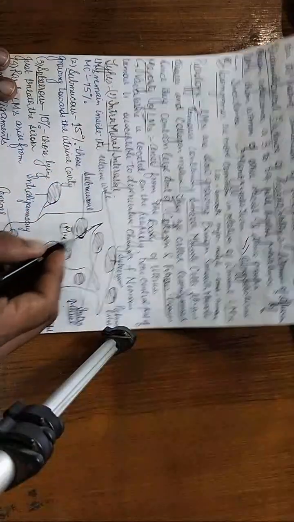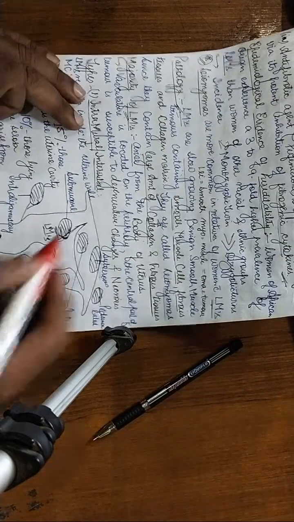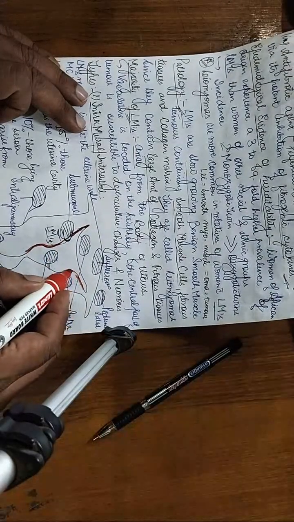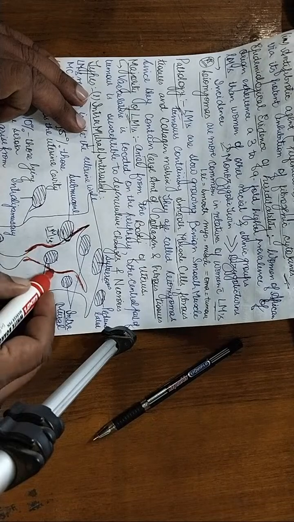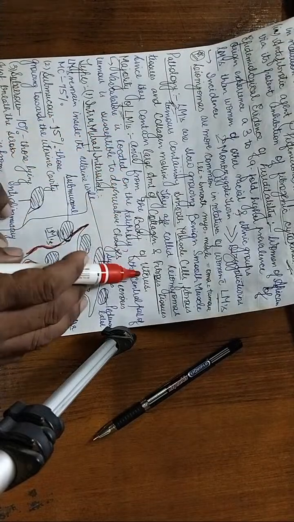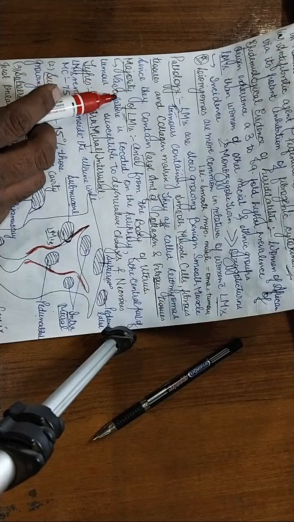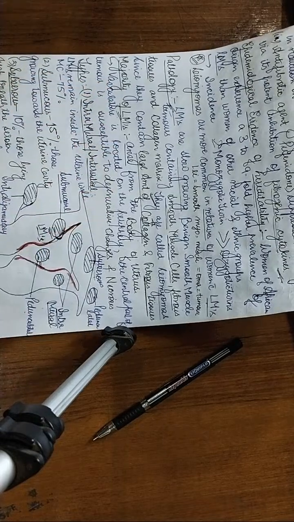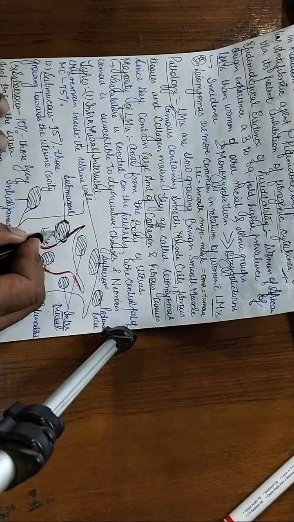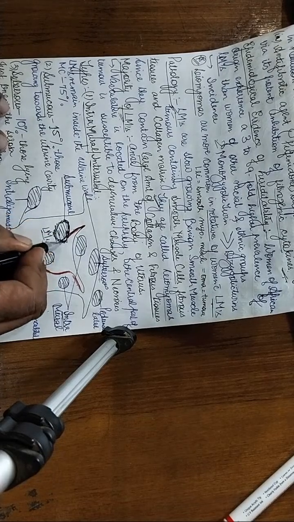Do remember, viewers and students, that the majority of the leiomyomas arise from the body of the uterus. This is the picture of the body of the uterus I've already drawn over here. So the leiomyomas are very frequently found in the body of the uterus, and the vasculature, the blood supply, is located on the periphery. If it is a leiomyoma, a uterine fibroid, the blood supply of this uterine leiomyoma,